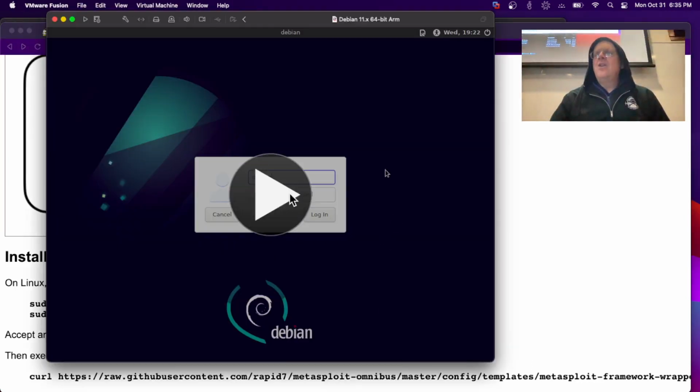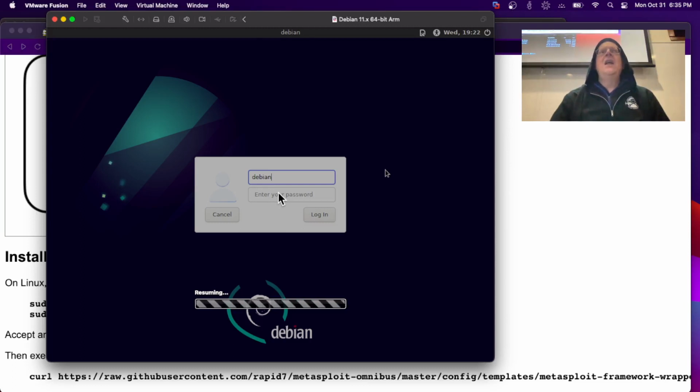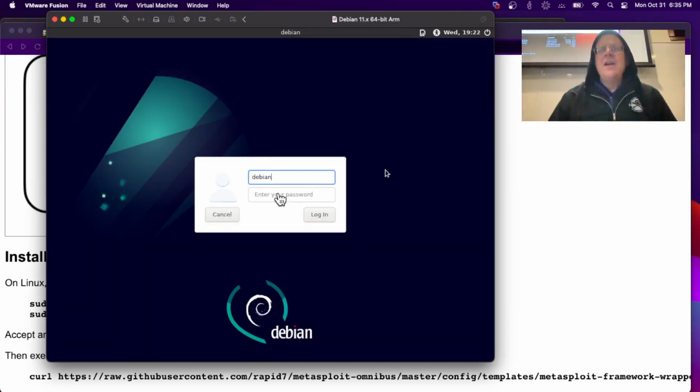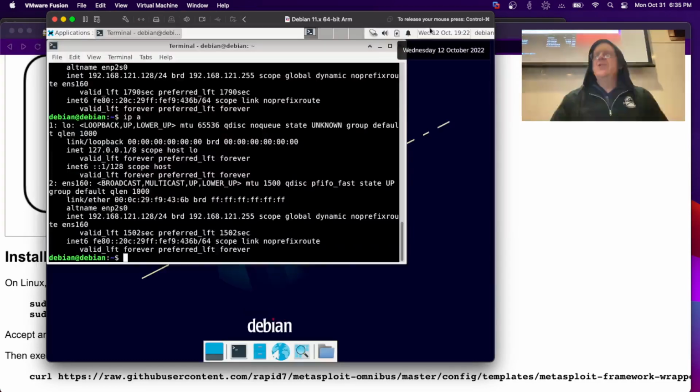I got it all working at home on an Intel Mac, but now I'm on the ARM Mac, and it's possible that things won't work. As we saw, a couple of things don't work, but most things work. So there's my Debian machine. And the only thing I want to do here is get the address, which is